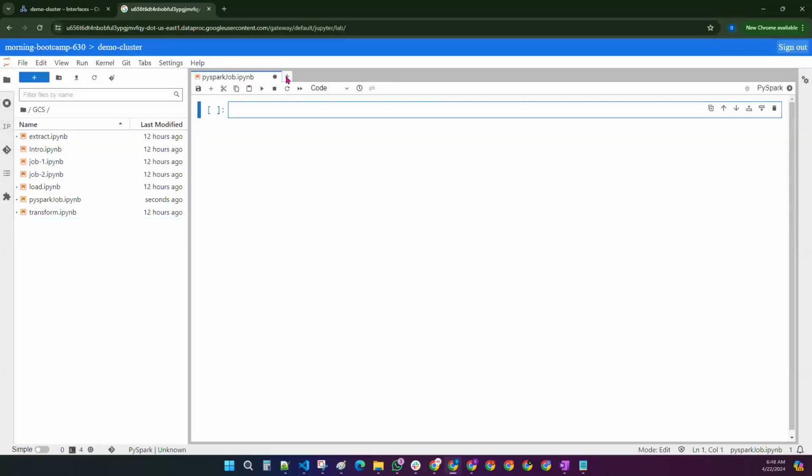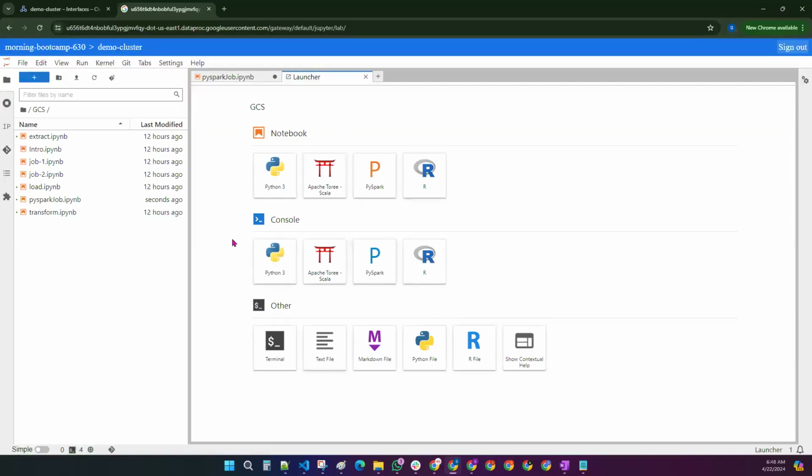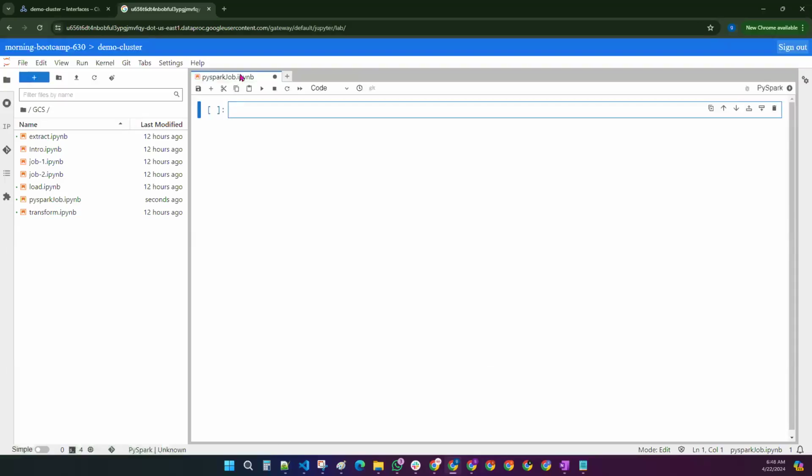You can see here, in the last session also I told you, if you want to create a PySpark job, you can click on this PySpark job so that the job will be created automatically. Once you have clicked on it, you can rename the job with your own name. So I have renamed it as PySpark job. The very first thing is that